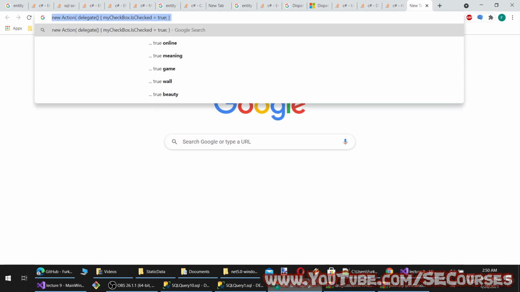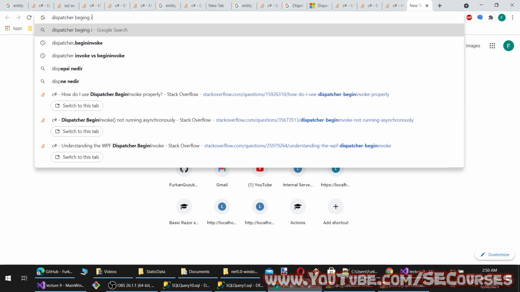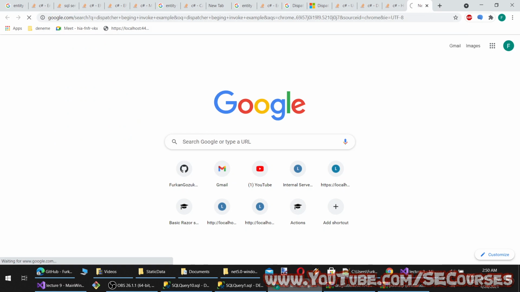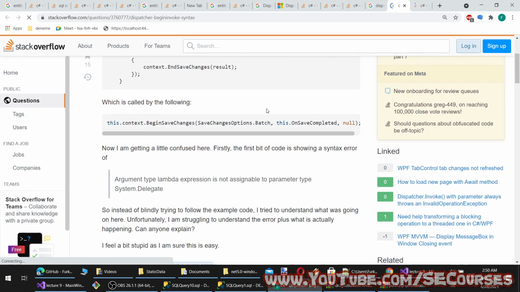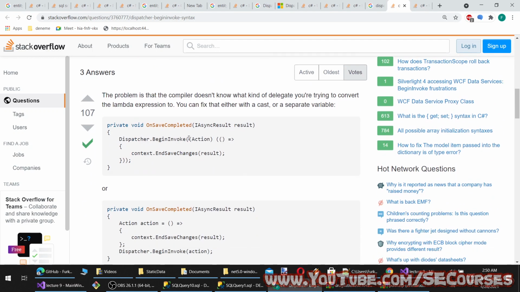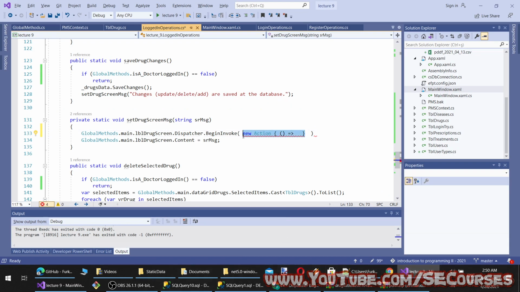Okay, one moment. Oh, so action is self-encapsulated like this. And then actually it is telling that this is an action. And then it is like this.